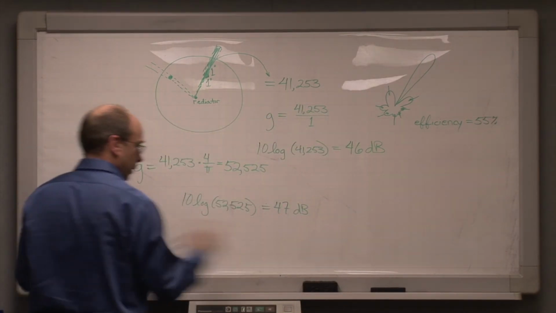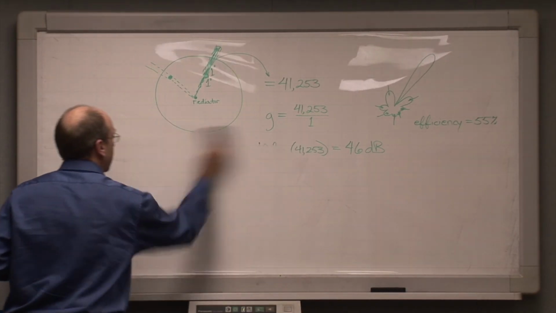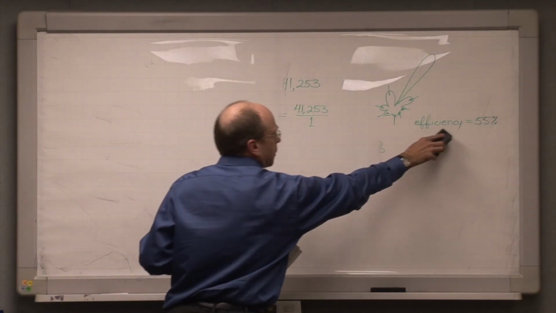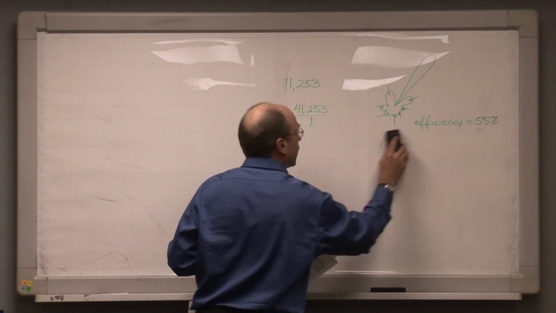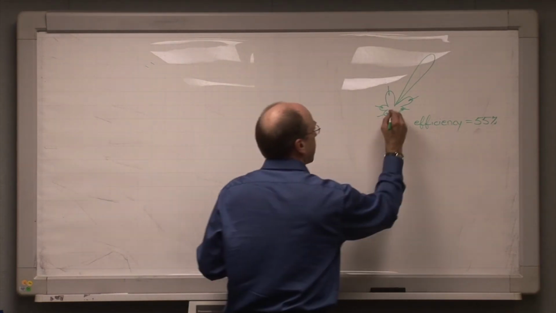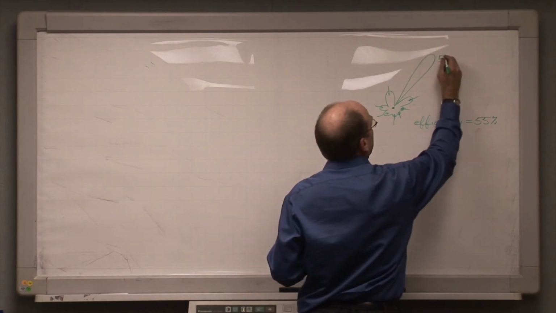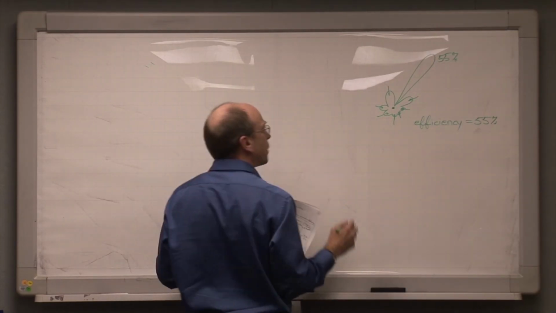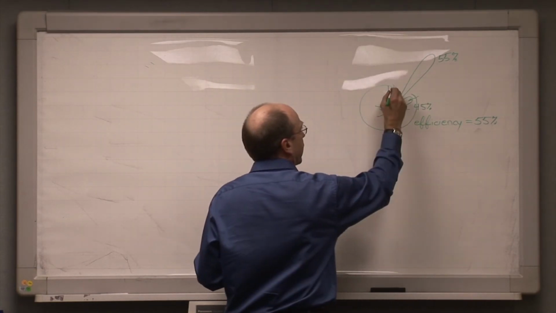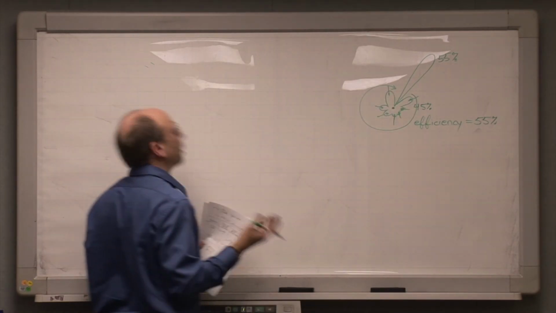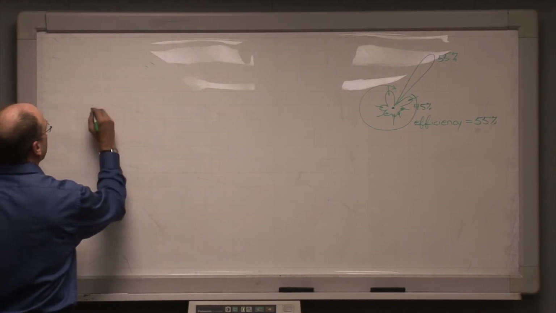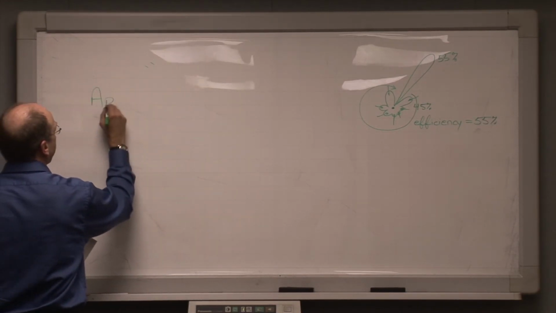So now we can put the whole picture together. We understand the relationship between directivity and gain. We know that a typical achievable efficiency is about 55%. I'm just going to state it, not prove it. In other words, of all the energy that this radiator is producing, about 55% of it is coming out in this main beam, and the remaining 45% is distributed all the way around here in the side lobes and back lobes. So what we can do is draw up a little table where we write down the aperture